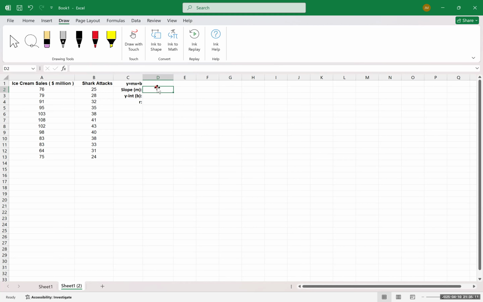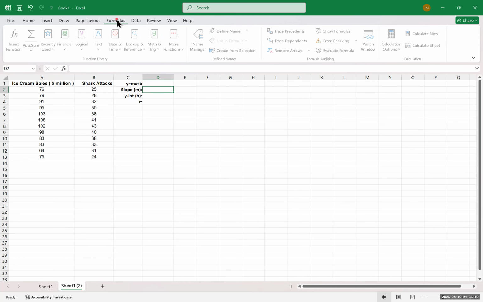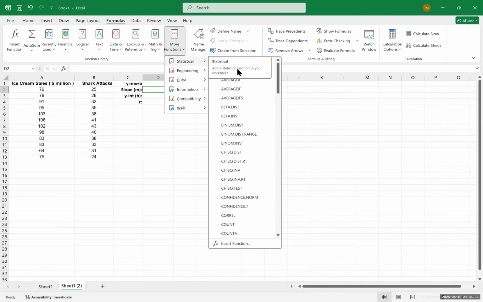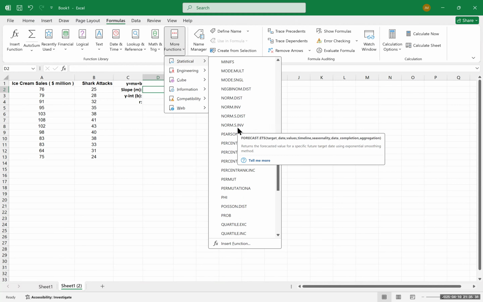Now, this is going to be more of a visual way. So let me do the visual way here. I'm going to go to formulas, and here's where a bunch of formulas can be found that you can do in Excel. I'm going to click on this one that says more functions. And again, I'm trying to calculate slope. So I'm going to come over here to statistical functions. And if I scroll down to the S's,